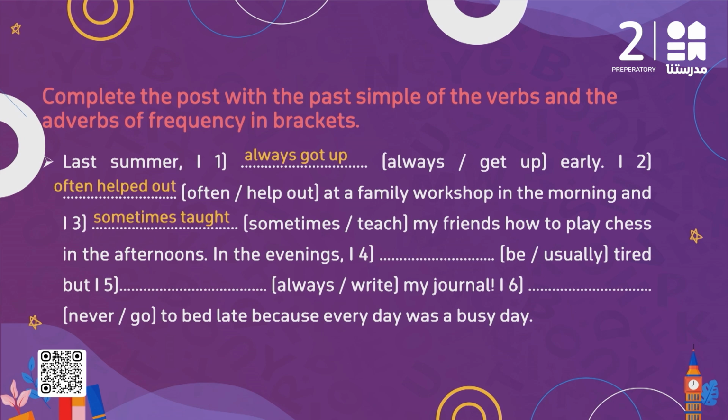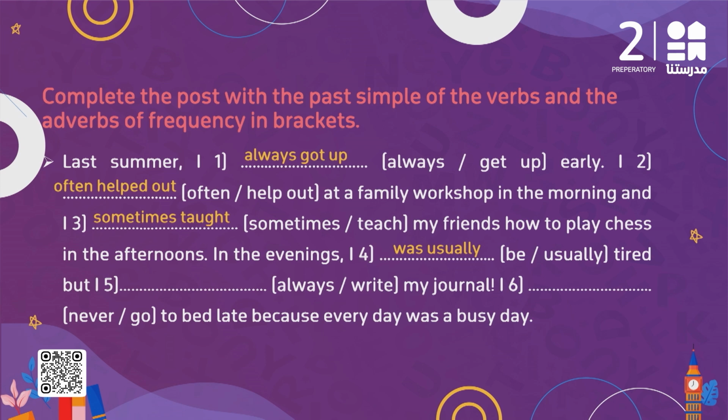In the evenings, be usually. So verb to be, how can we use it? So I was usually. Verb to be in the past with I is was. So I was usually tired, but